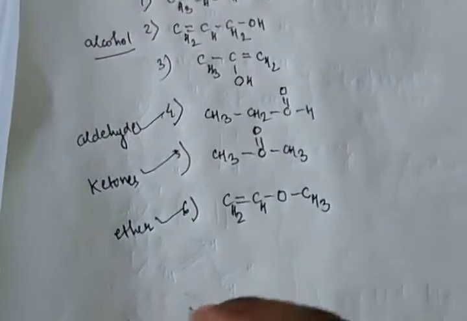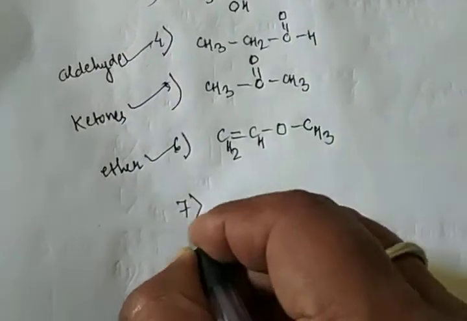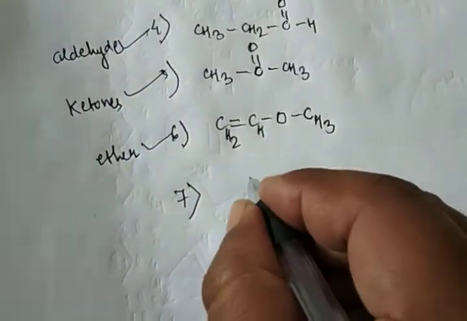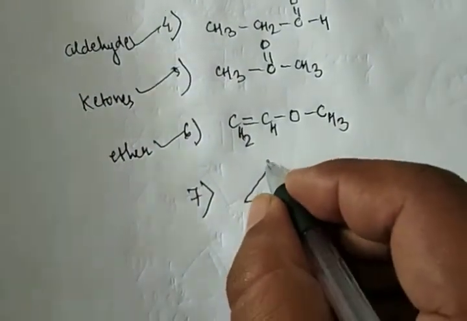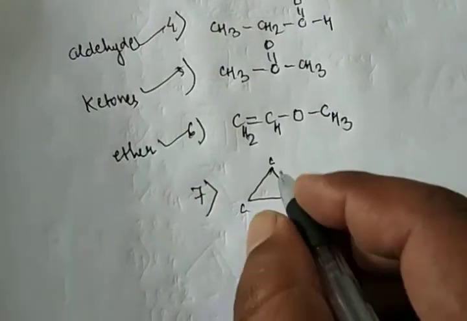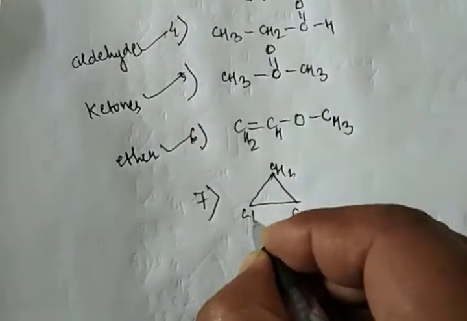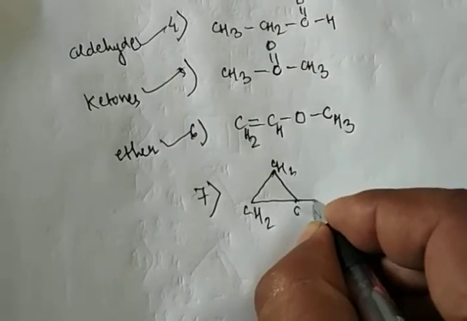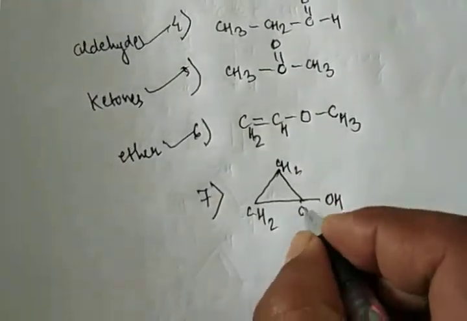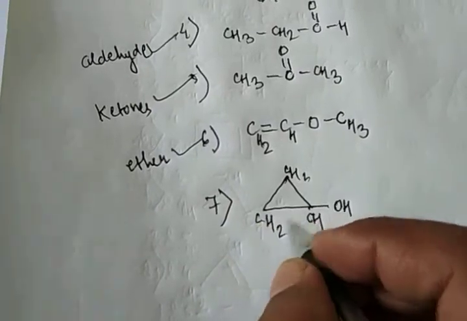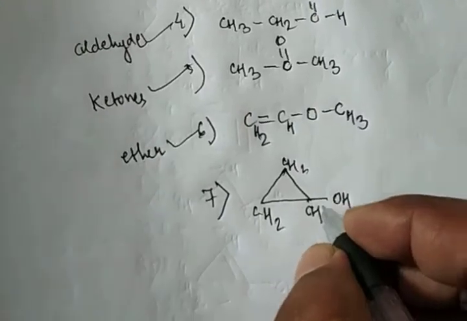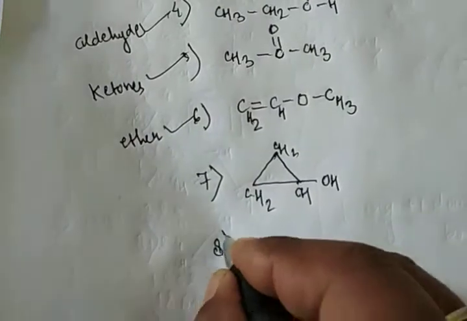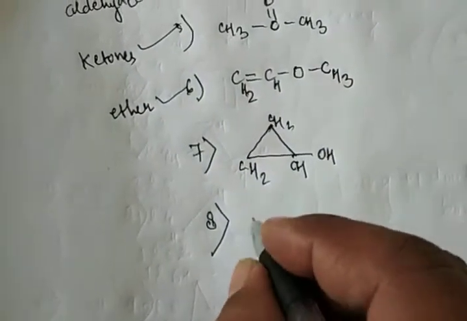So now the ring structures. 1 double bond means 1 ring. So this is a ring. How many carbon is there? 1, 2, 3. And how many hydrogen? 2, 4. And the next is OH, so there is 1 hydrogen. Just count: 3 carbons, 6 hydrogens and 1 oxygen. So this is only a ring, not a double bond. So 1 ring means 1 double bond. Clear? The next one is,